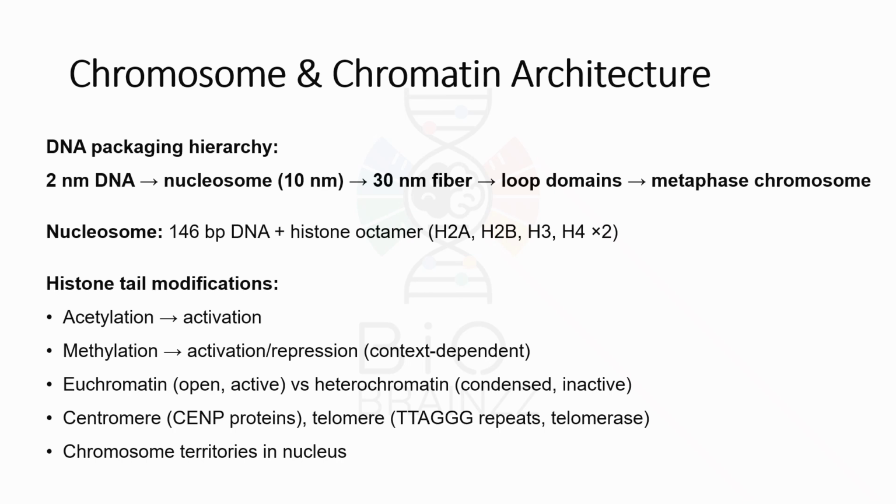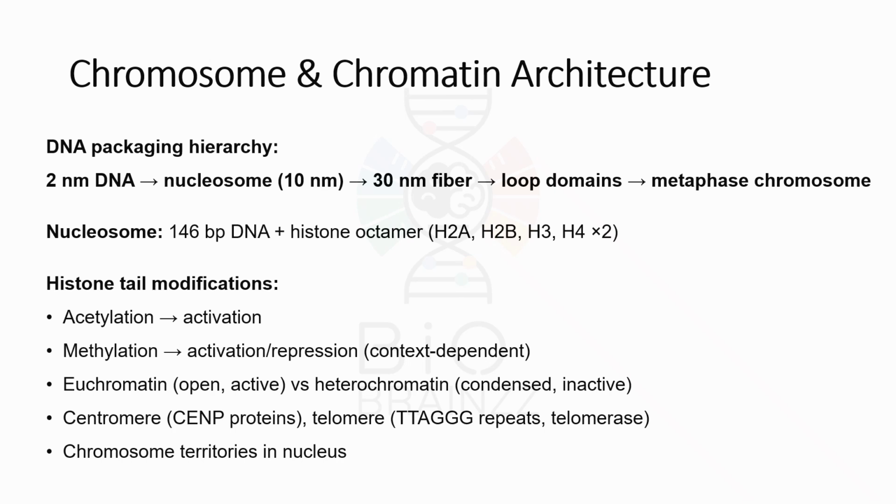Chromosome and chromatin architecture. DNA is organized into chromatin through different levels of packaging. It starts from DNA double helix, then nucleosome formation, followed by higher order structures like 30 nm fiber and loop domains, finally forming chromosomes. Nucleosomes consist of DNA wrapped around histone proteins, and histone modifications play an important role in